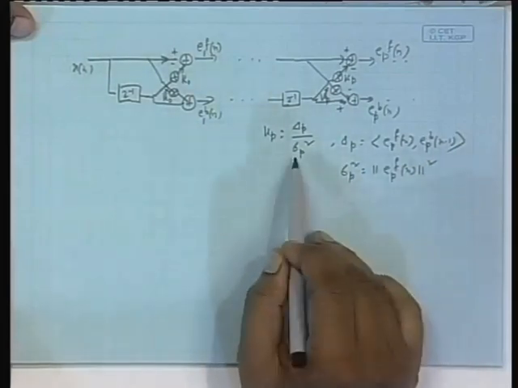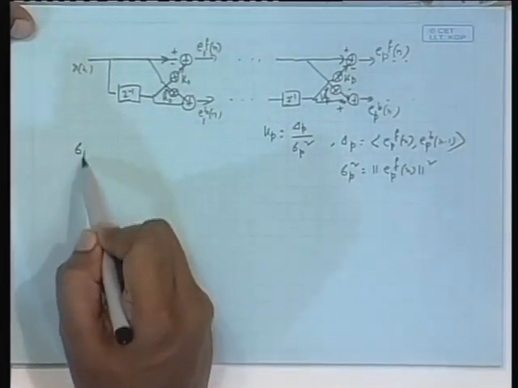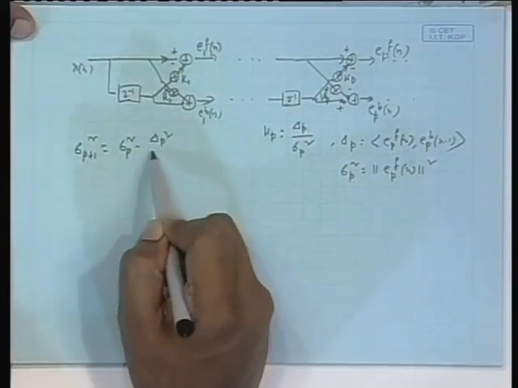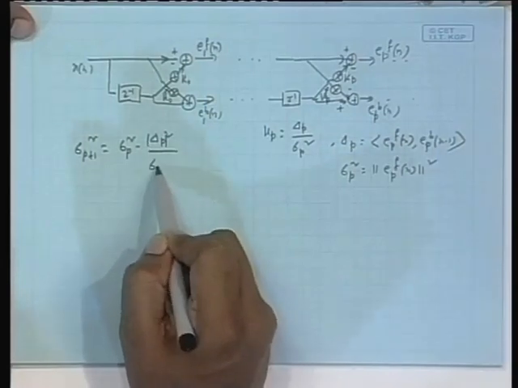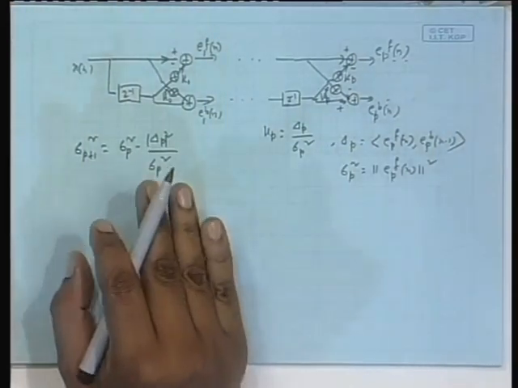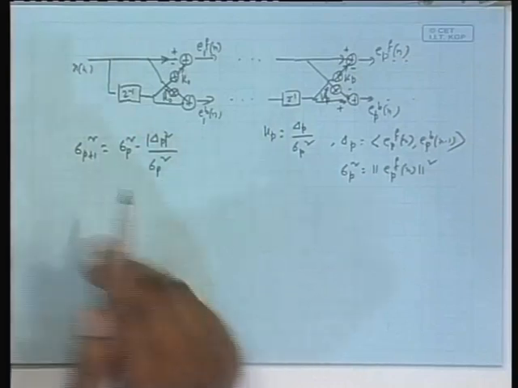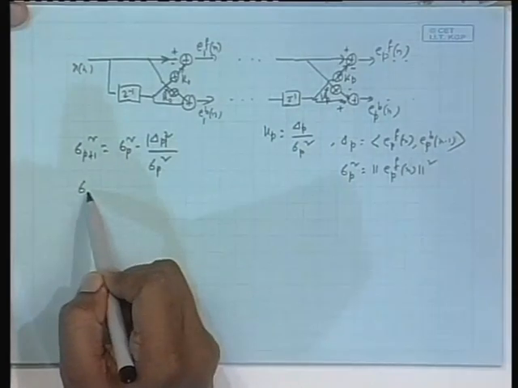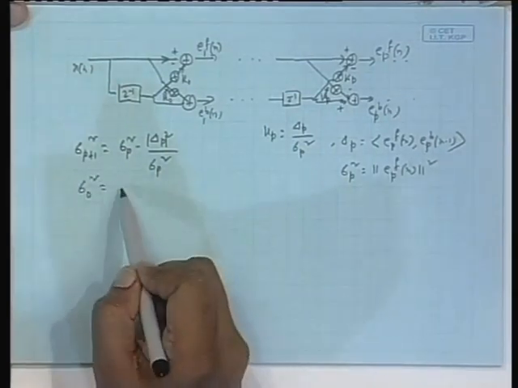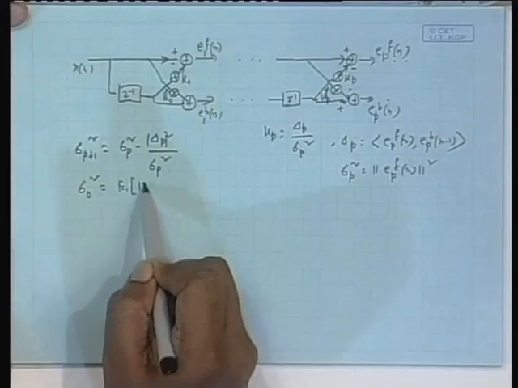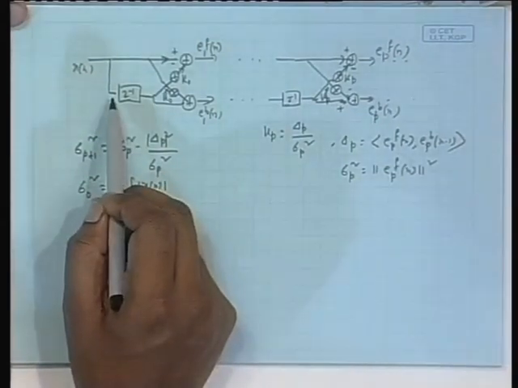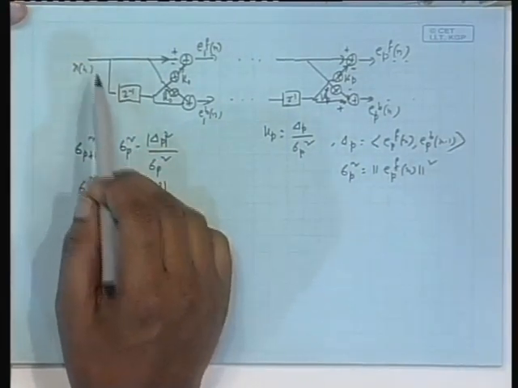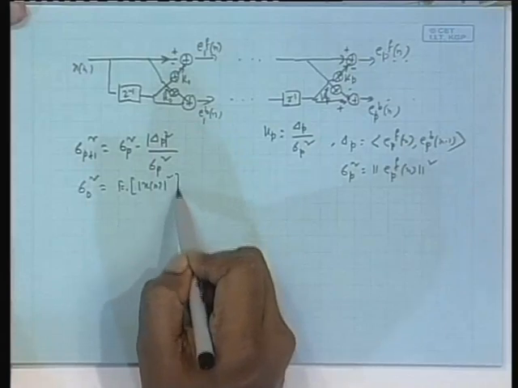Okay. Then for sigma p square, you have found this also, that was the recursion: sigma p plus 1 square was sigma p square minus mod delta p square divided by sigma p square, right. I guess this is the one we derived. And of course, how to start the recursion: sigma 0 square is nothing but E of mod x n square, because E p 0 f n is x n. So it is E p 0 a for E p 0 b n, both are x n. So just the norm square of that, meaning the variance of that.